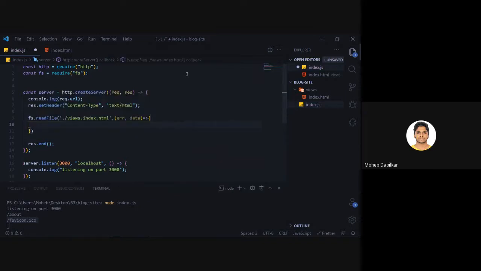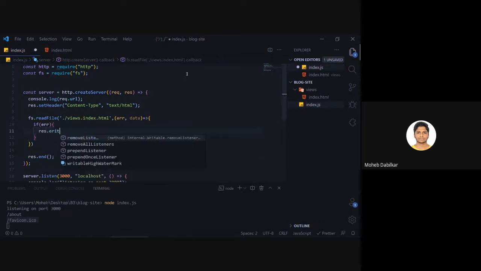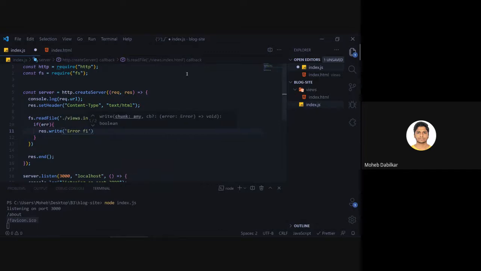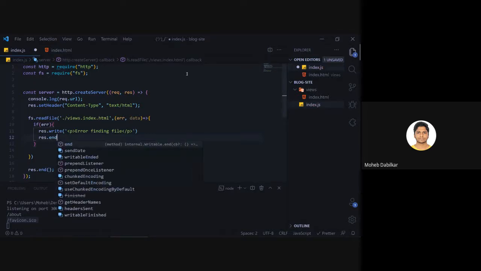And over here we can now say if error, res dot write error finding file. Now I would like to wrap it inside an object. Now we have this, and we will also end our response over here only.